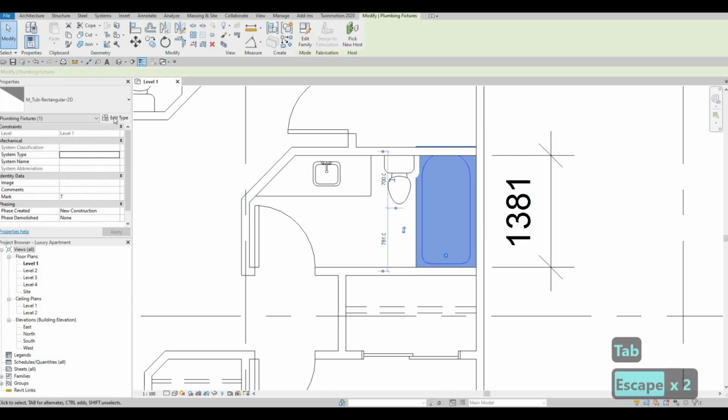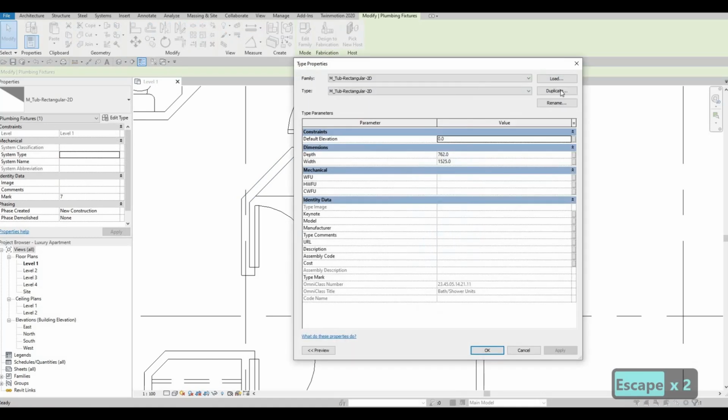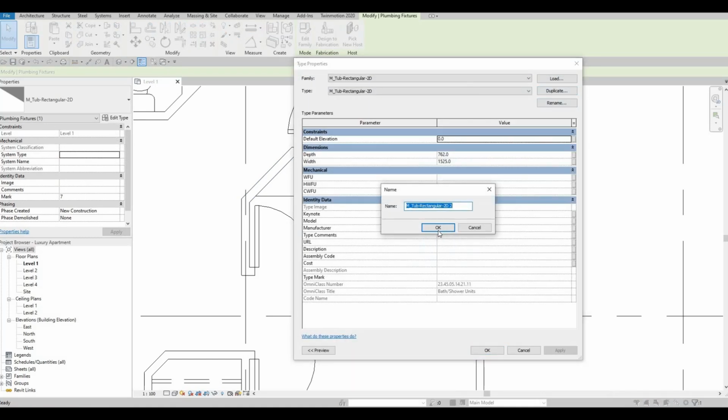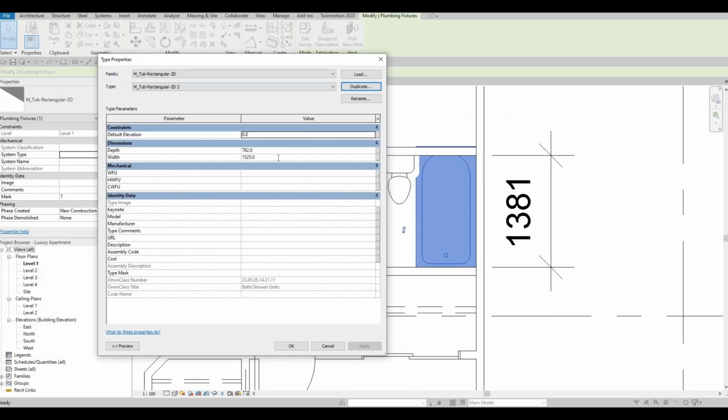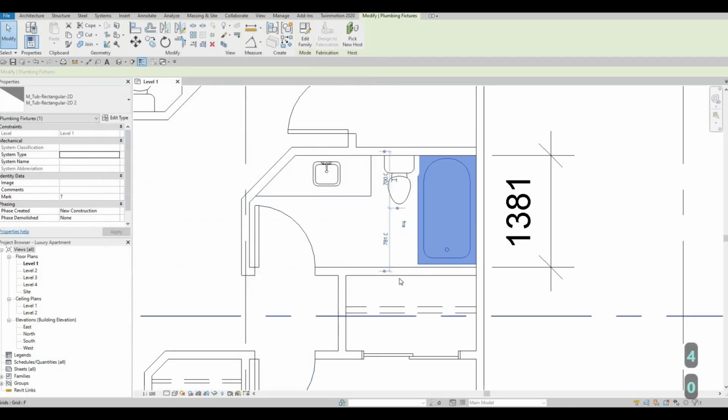1381. Select this one, edit type. You could duplicate this, number 2, and then you could just add in 1381. And then for the how big it is, let's just minus that. 740 will be good enough. Now we could just,